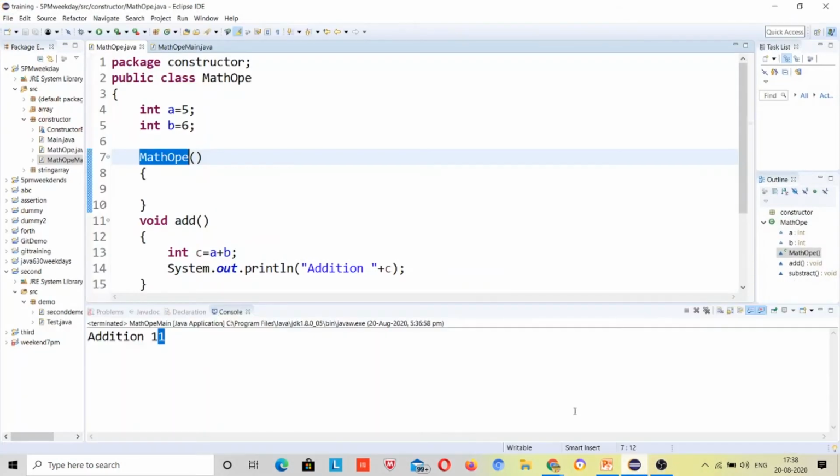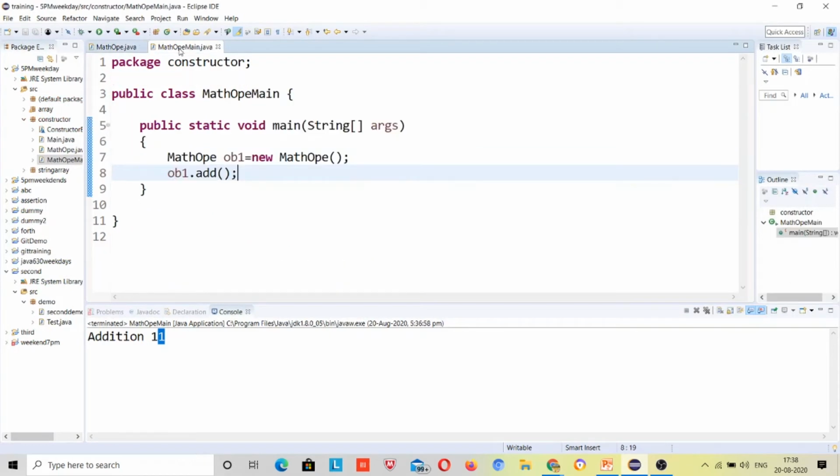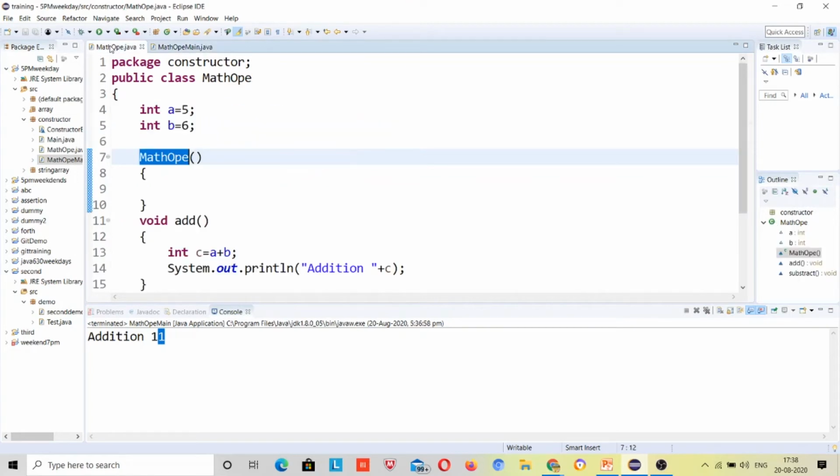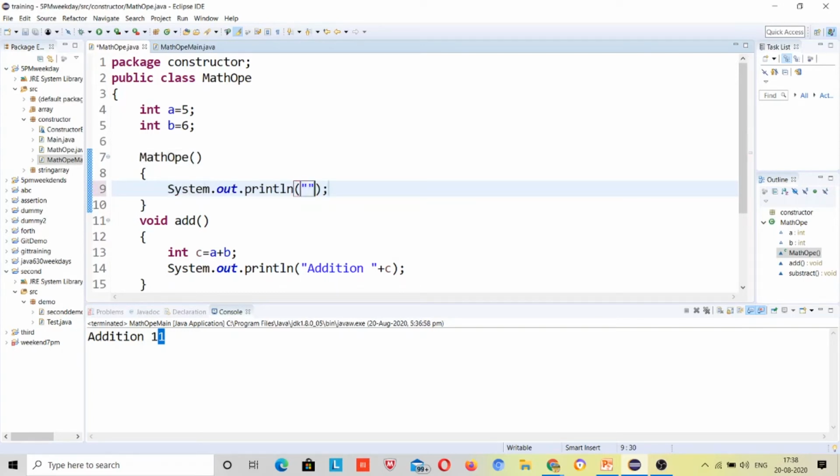When I have created an object for this class, you can see this constructor was called, right? The same constructor was called, but nothing was present over here. It was hidden. I will write sys out constructor call.